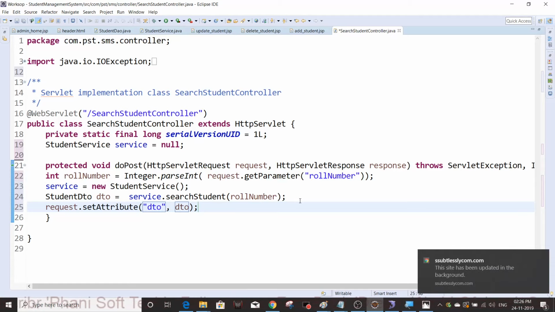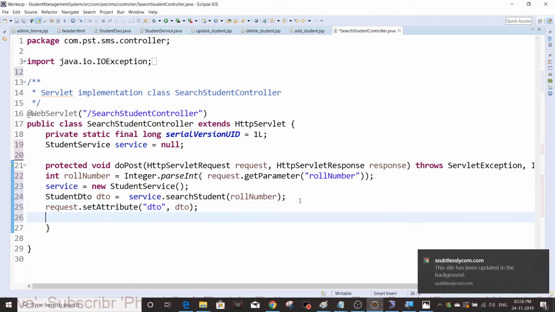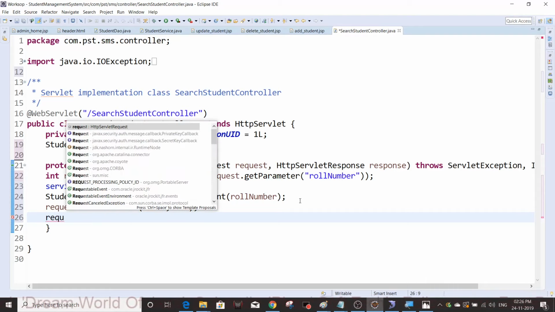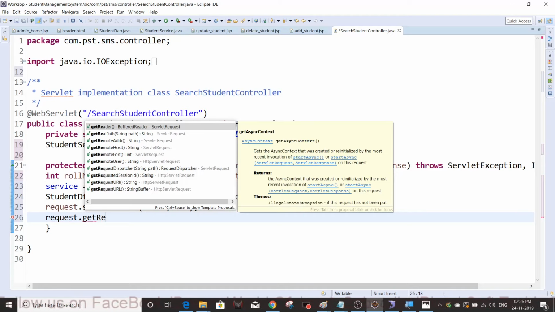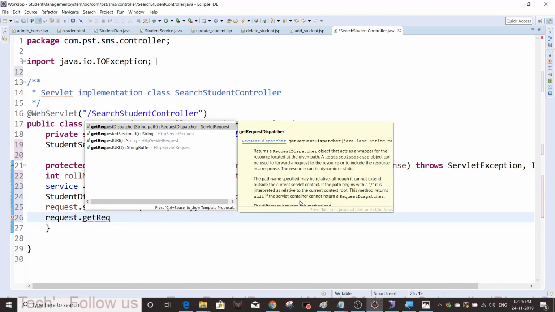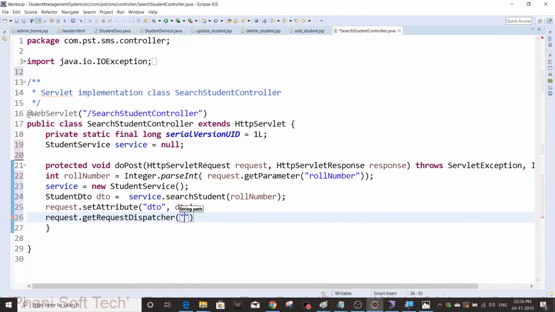So ultimately if it is request scope, we need to use request dispatcher only, okay. So request.getRequestDispatcher, the target file path. So the target file path is update_student.jsp, right? Update, context root slash